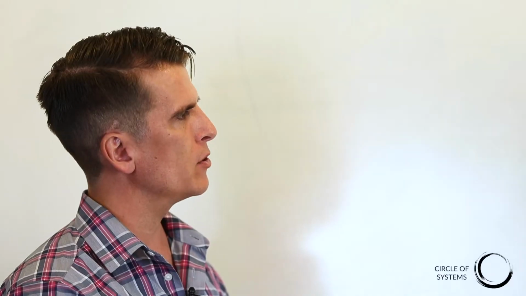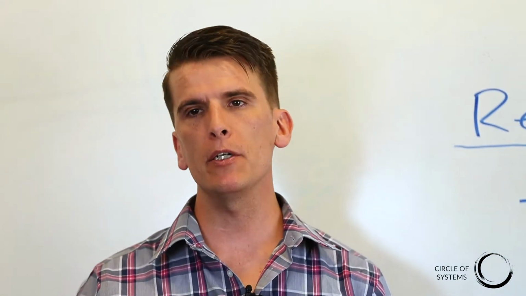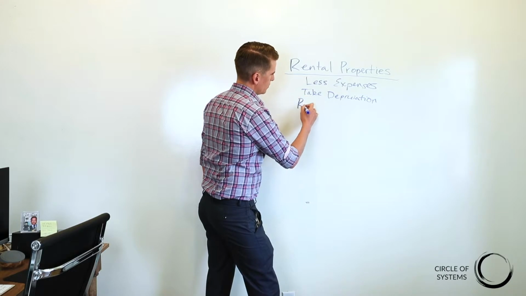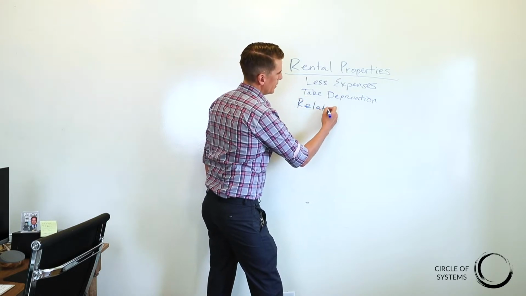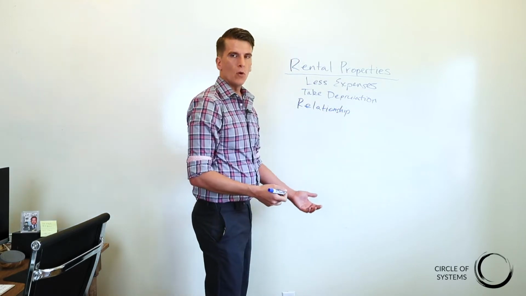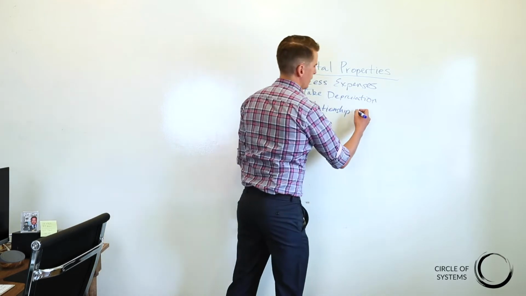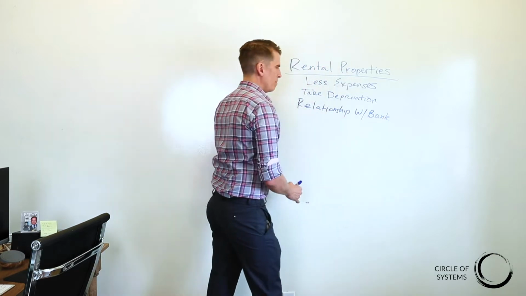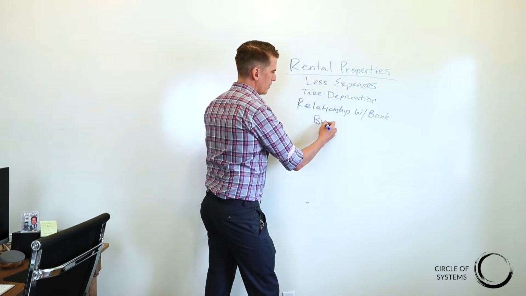So as far as rental properties go, what I've done to help make it just as easy as possible to get rentals, because at first it's really, really hard. First things first, you want to have a good income. That part's pretty simple. But you also want to start putting together that relationship with the bank. So I highly recommend you go into your bank, you start asking for things like a line of credit or a business credit card, whatever it might be. You're going to want to build your credit as high as possible.